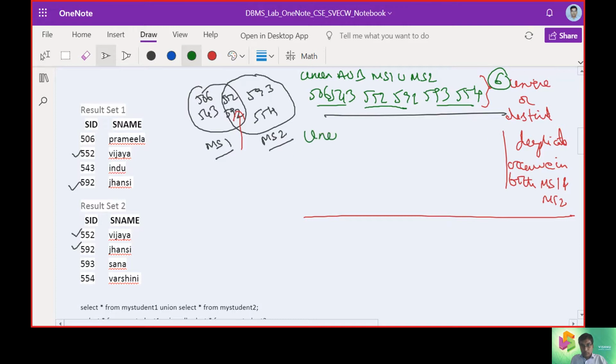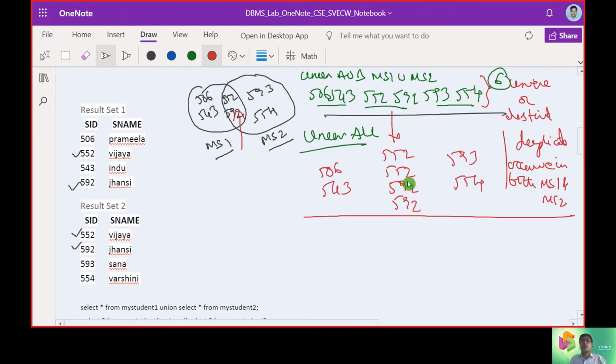But what if I use union all? In this case 552 and 552 will be repeated 2 times, and similarly 592 and 592 will be repeated 2 times. In this way we are going to get the duplicate set. This is the duplicate set that we mentioned.